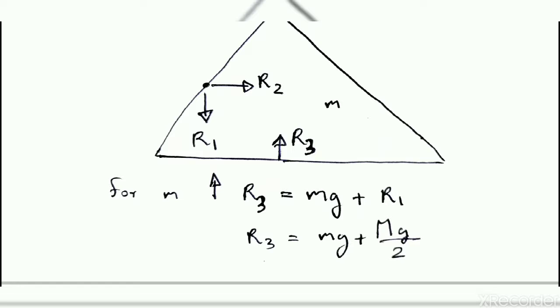And then R1 is the part that was given by the cube. So the normal reaction acting against the wedge will be mg plus R1. As I found R1 earlier, the normal reaction on the wedge will be small mg plus capital MG divided by 2. So now I have found R1, R2 and R3. When we have found R3, we can take the friction. The friction should be equal to the force R2. When it is equal to R2, the wedge can't move to the right side, so it will be stationary.